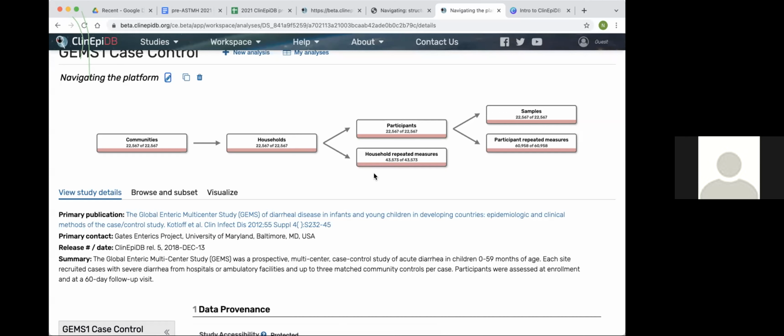We do see something here called household repeated measures. And what this is telling us is that there were variables that collected data about the household only once, and there were other variables that collected data about the household at more than one time point. So those are grouped under the repeated measures. Similarly, data was collected on participants, and in some cases, for some variables, participant data was collected at multiple time